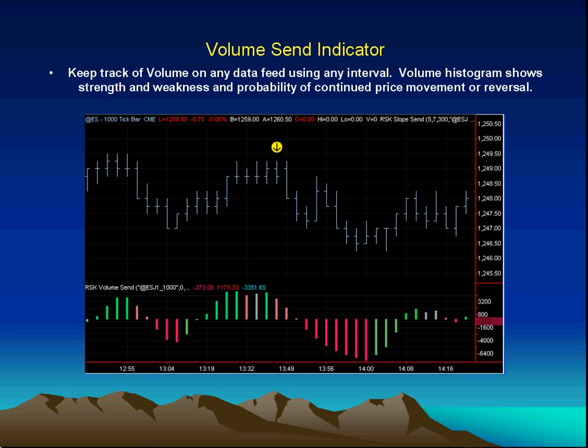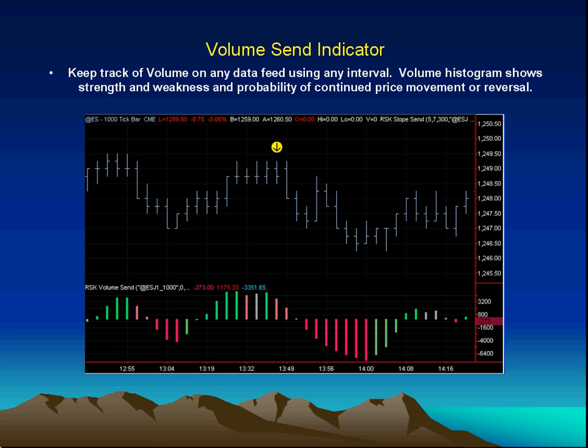We're plotting the volume indicator on a 1,000 ES tick. As you see, the red bar there is at a lower high,